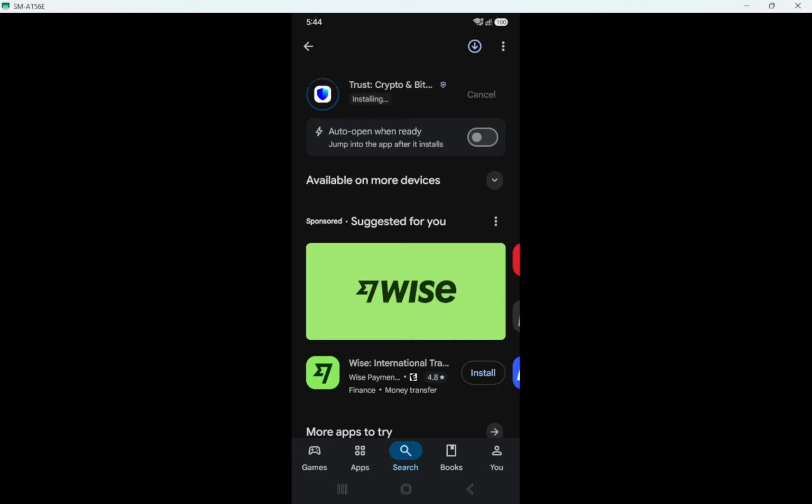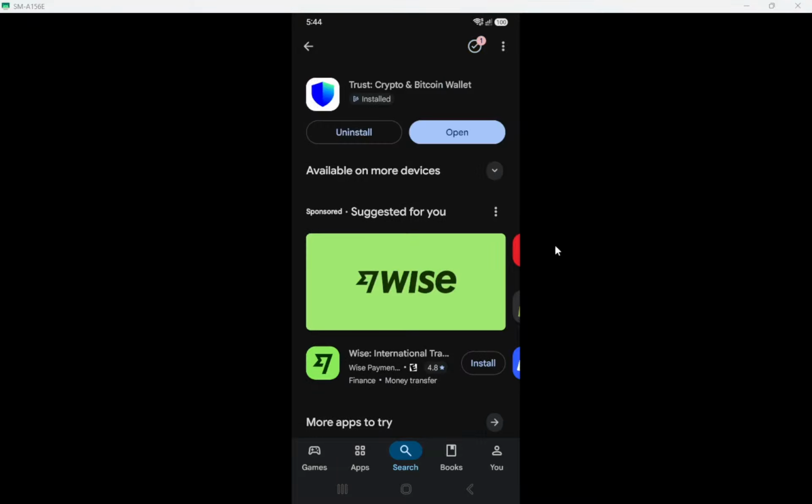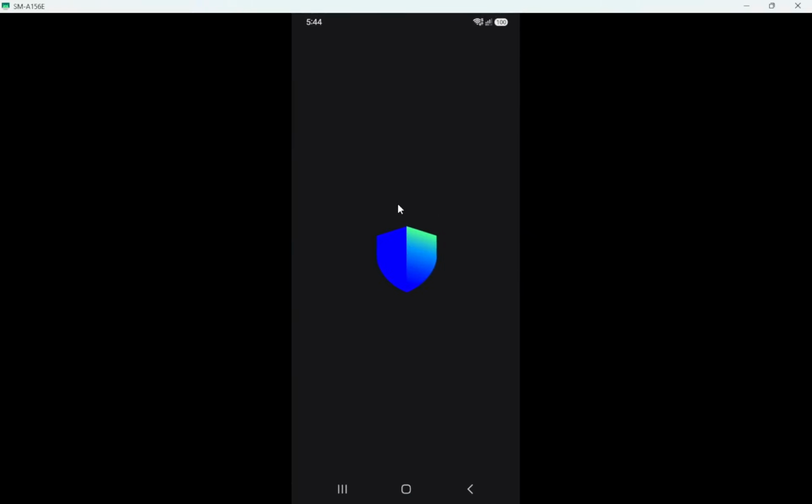You will see a circular progress bar or a percentage that slowly moves toward 100%. On a fast connection, this might only take a few seconds. On a slower one, it can take a bit longer. So just let it complete without closing the Play Store. When the app is fully installed, the Install button changes to an Open button, which confirms the installation is done.